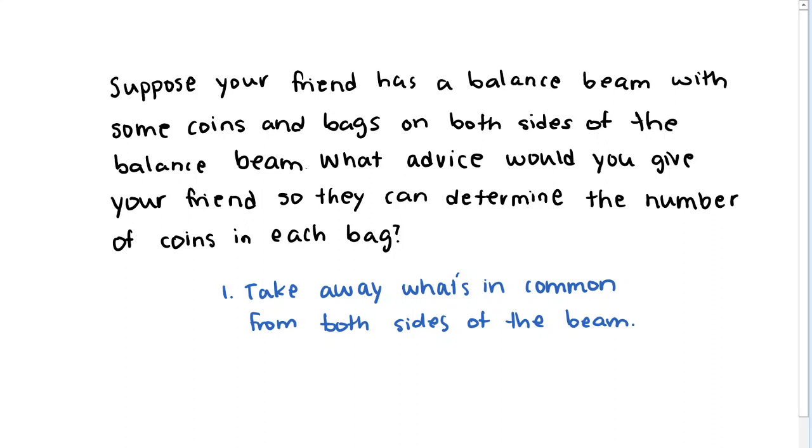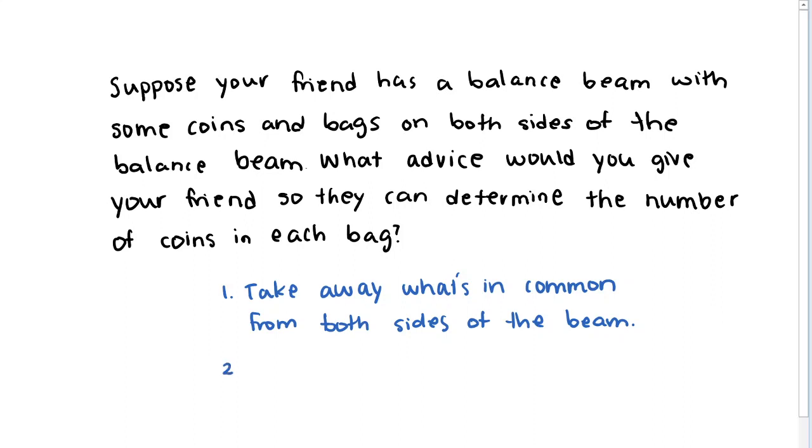Right, and so if we've taken away everything that's in common, then there shouldn't be bags on both sides. Otherwise, there'd be more to take away that's in common. So there should only be bags on one side of the balance beam. And similarly, there shouldn't be coins on both sides because we've also taken away what's in common. If there are still coins on both sides, we could take away more, right? So there should only be coins on one side of the balance beam too. So we've only got bags on one side, coins on the other,